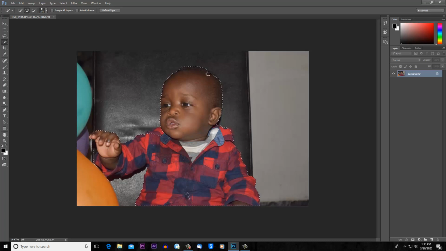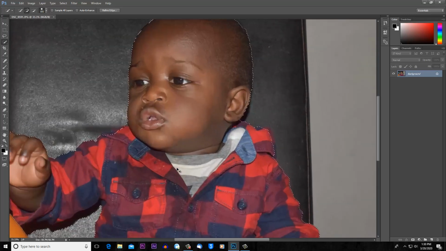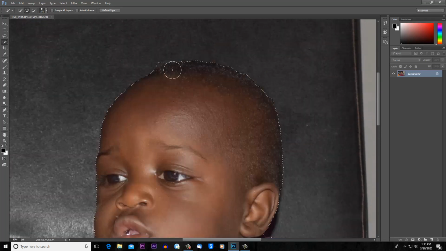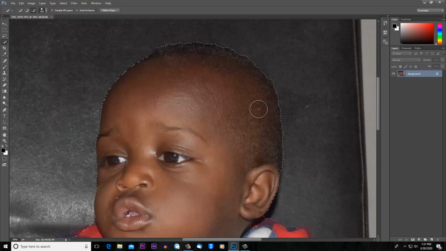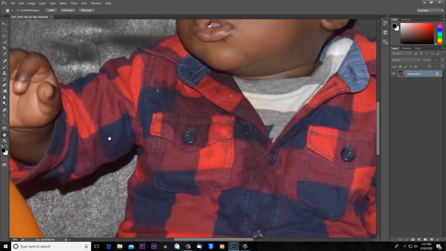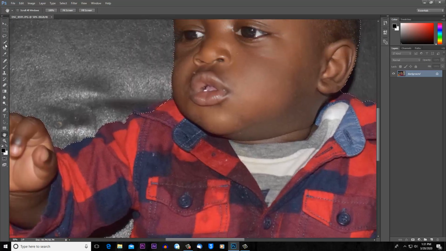It's important to also zoom in so that you can see what is happening. You can press Ctrl plus for zoom in and Ctrl minus for zoom out. I'm using Ctrl plus right now. As you can see, let me choose minus and then remove this. You can also press H, this hand here. When you press H or click on that button, you'll be able to move around to see. So I'm going back and choosing plus to get that side, minus.